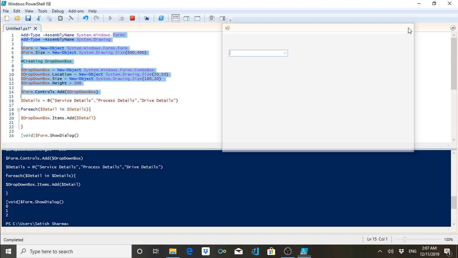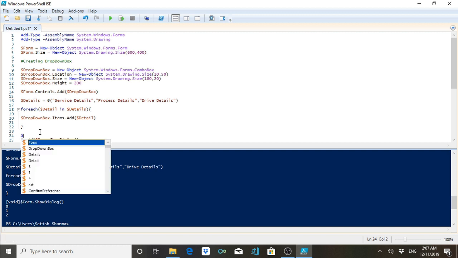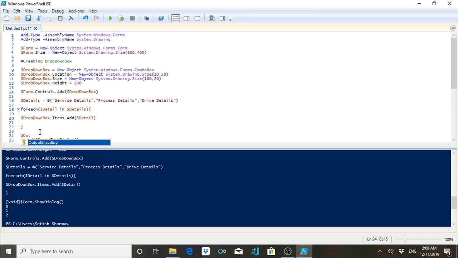Now next thing is, since we are done with the drop down, I'm going to create a text box. Okay, so what this text box will do, it will give the output of the options which we will be selecting in the drop down box. Okay, so I'm going to name it as output box. I have discussed everything in my previous video. Yeah. New object,